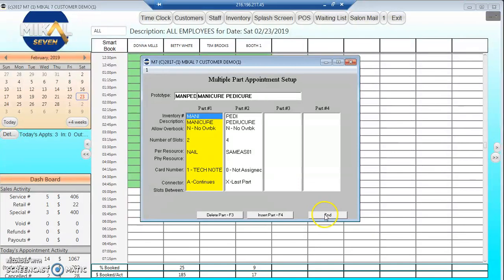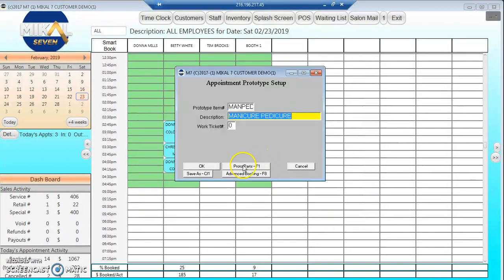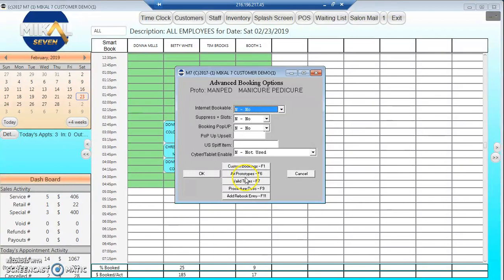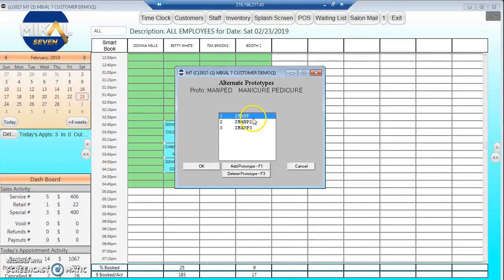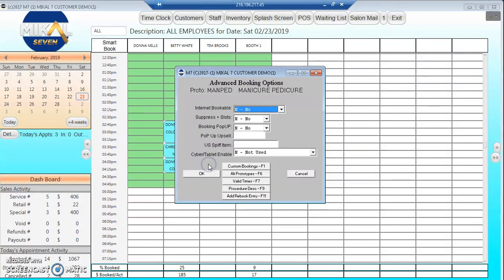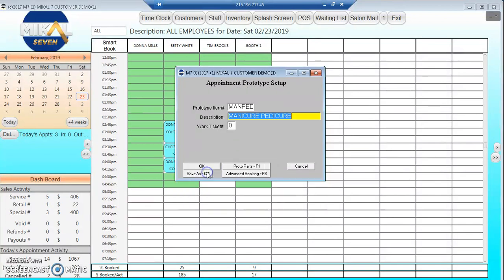So when I end this, I'll show you an example of one of those. I'll go into advanced booking, and we've got our alternate prototypes. So here for manicure pedicure, we've got 3 other ways the system will search automatically for a manicure or pedicure. Let me go in and just take a look at this one. So it's a Z-Man P2, and show you how you set that up. Z-Man P2. And then the prototype parts